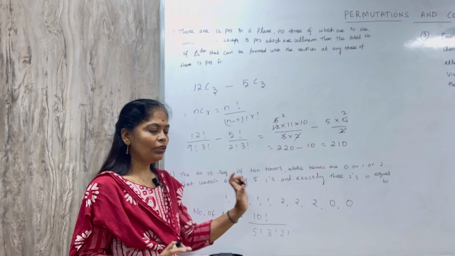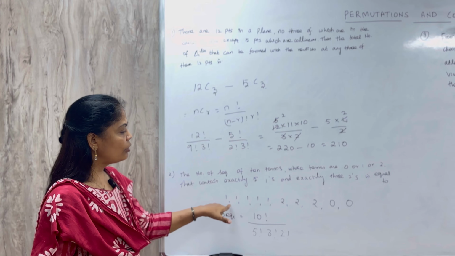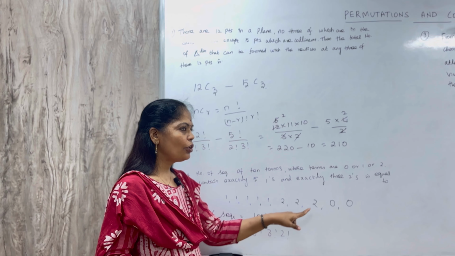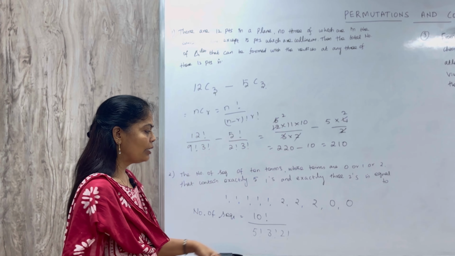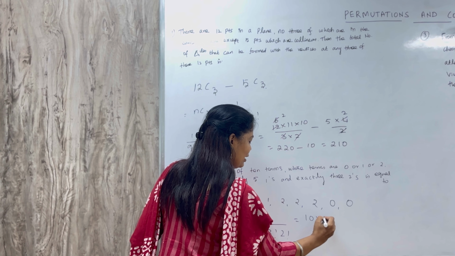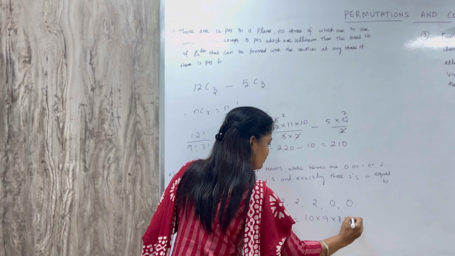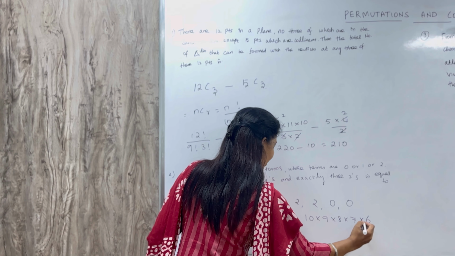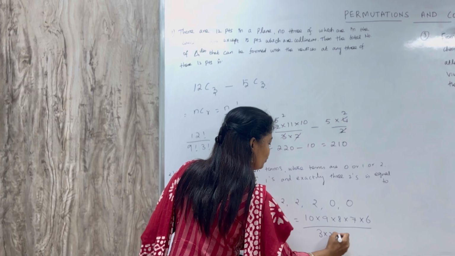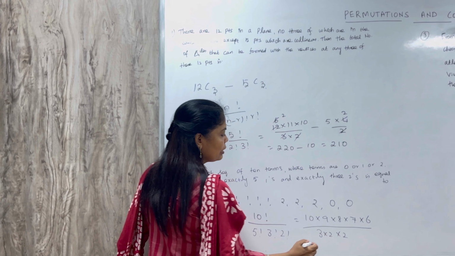This 1 and 2 and the 0. So for the repetition, 1 is coming 5 times, and 2 is coming 3 times, and 0 is coming 2 times. That is the denominator. So now you can calculate the value. 10 factorial is 10, 9, 8, 7, 6 and 5 factorial. 5 factorial will get cancelled. 3 factorial, 3 into 2 into 2. Okay. So the answer is